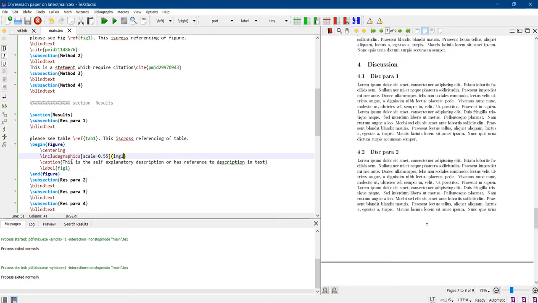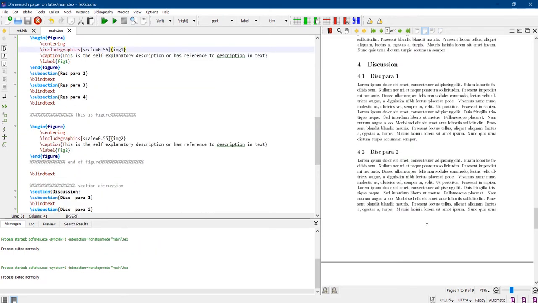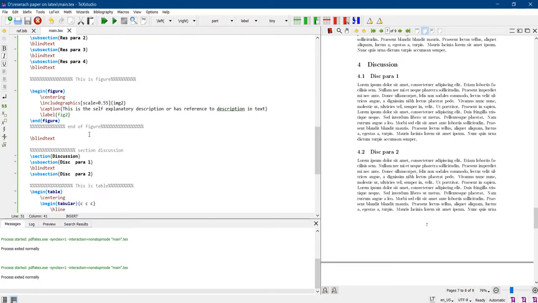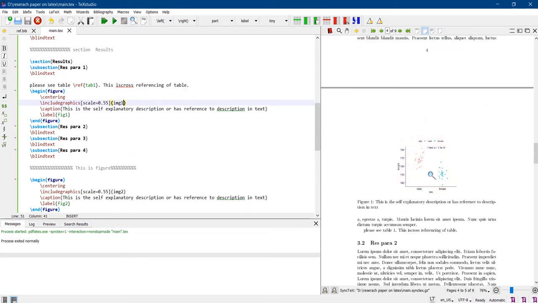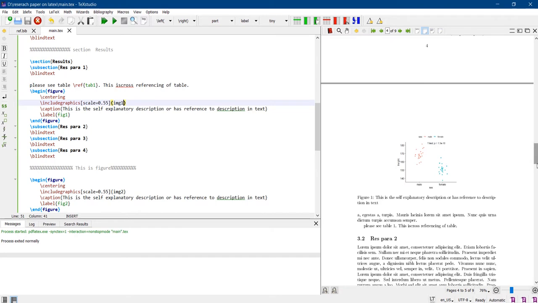Then caption is very much required for your figures, it is a very important part of a figure, and this is the self-explanatory description or has reference to description in the text. This label is very much required for cross-referencing, and this is the tag for that label, fig1. Okay, we will refer to this figure as fig1, and the next figure is also there, image2, same code, caption is also there, and label fig2 is used. Okay. When we compile this, we will get the figures, and this is figure 1, it is adjusted, and this is figure 2 also there, properly positioned,